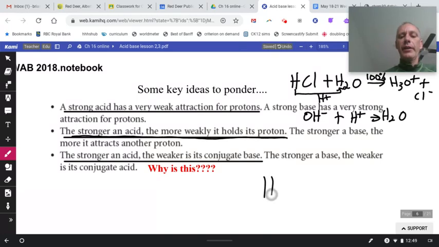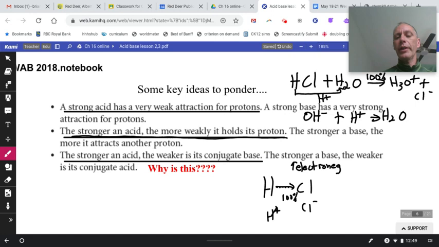If I draw HCl with that covalent bond, the Cl has a very high electronegativity, which means it pulls hard on this electron pair and forms a Cl minus, leaving H plus by itself. How often does it do that? 100% of the time. So anything that has a really strong pull for the electron pair makes a great acid